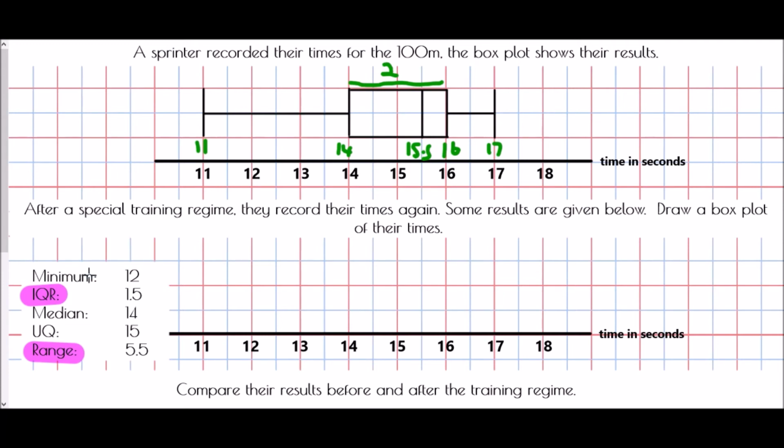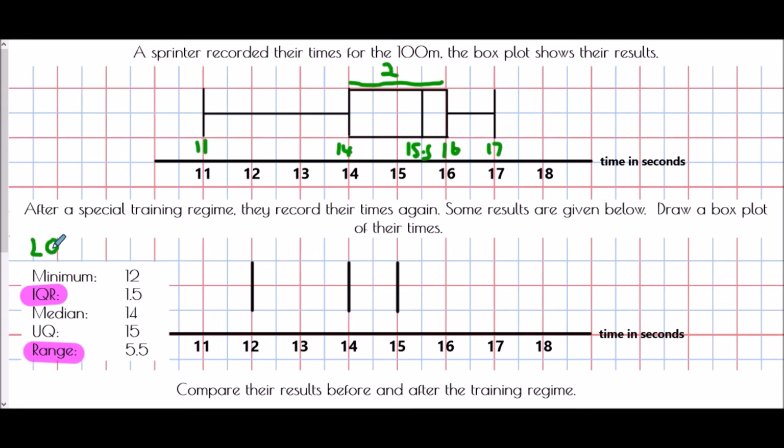So what I do want to do is just mark the 3 values which are actually part of the diagram. We know that the minimum value is 12, and so I'll mark a line in at 12 for my minimum. I know that the median is 14, so I'll draw a line in at 14. I know the upper quartile is 15. These 3 values do not form a box though, because the one thing that we're missing currently is a lower